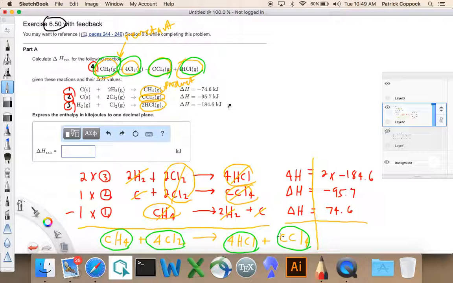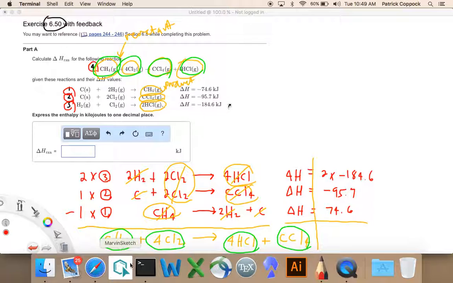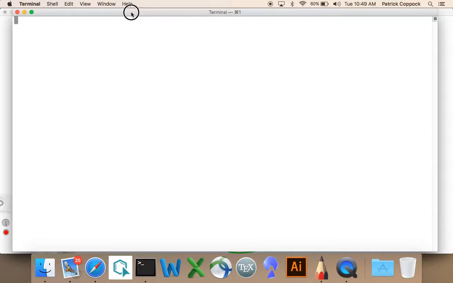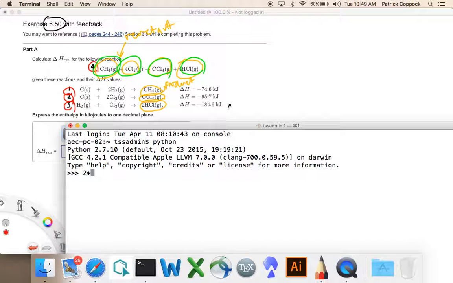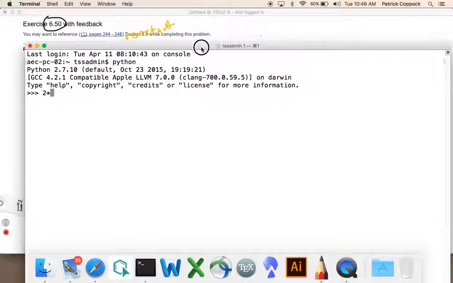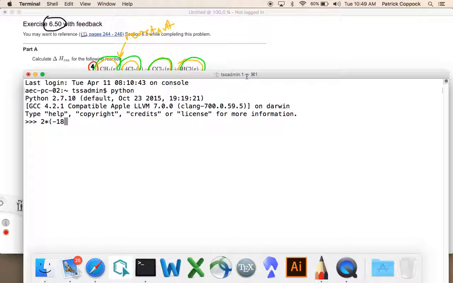So I can't do this in my head. So what I'm going to do, I'm making a video here. I can't do this in my head. So what I'm going to do is pull out a calculator here and say, I've got to go into Python. I'm about to get kicked out of this classroom, so I'm going to rush: 2 times minus 184.6